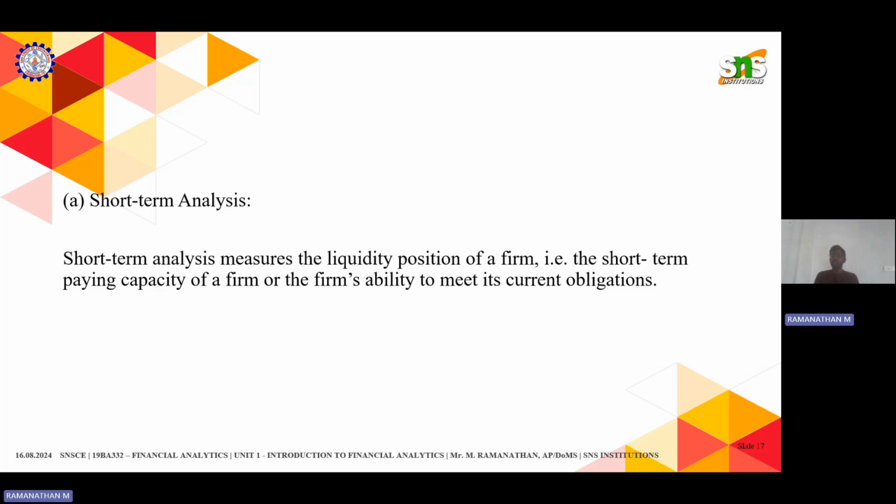When it comes to short term, in the stock market, we call it technical analysis. There are two analyses in the stock market: one is fundamental analysis and the other is technical analysis. Technical analysis helps short-term investors, or short-term kinds of analysis. Why am I speaking about short-term investors when speaking about short-term analysis? If you take